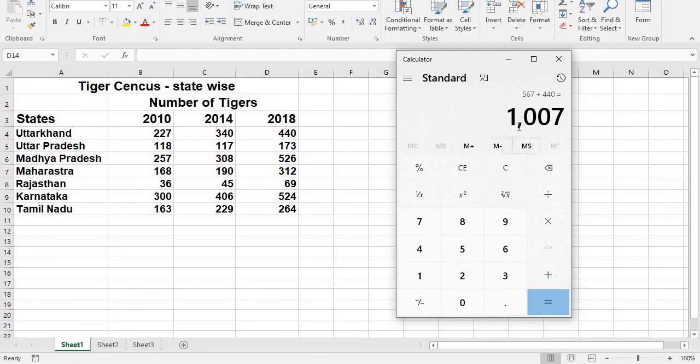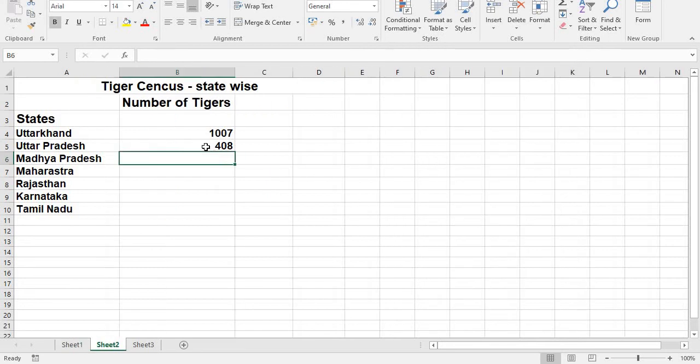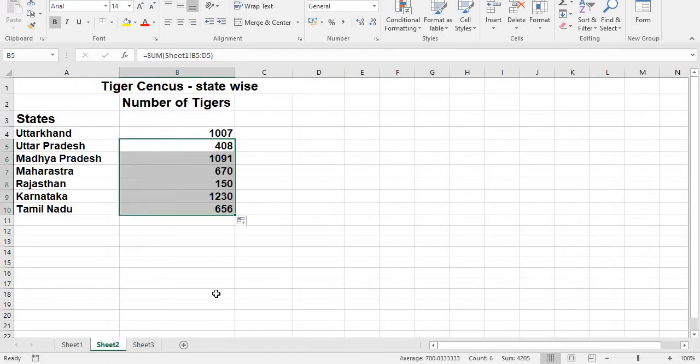See here, the result is 1007. Now plus 117 plus 173. So you may drag like this, then it will do automatically. This is the first method, using the keyboard.